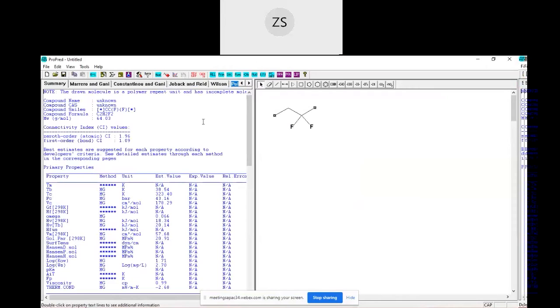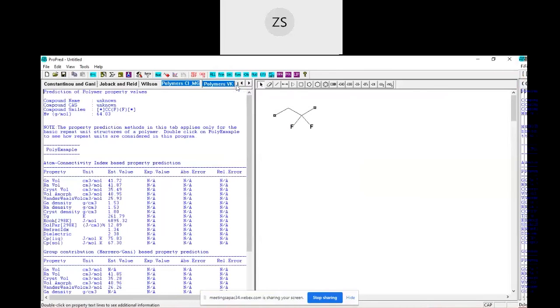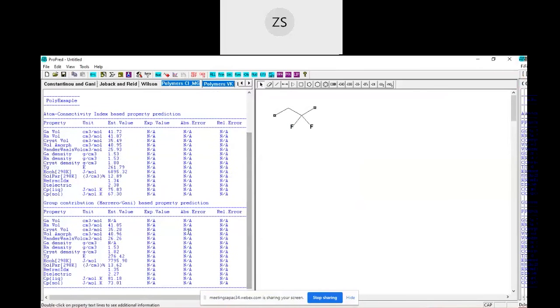So we can see the attributes of the polymer. At Tg, both values show that one is 261.79 and one is 276.42, which is below the required value needed in the case study, which is 297 Kelvin. So basically, this compound can be removed from our selection as it doesn't satisfy the requirement.